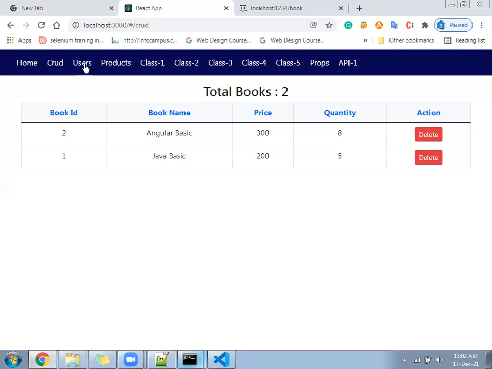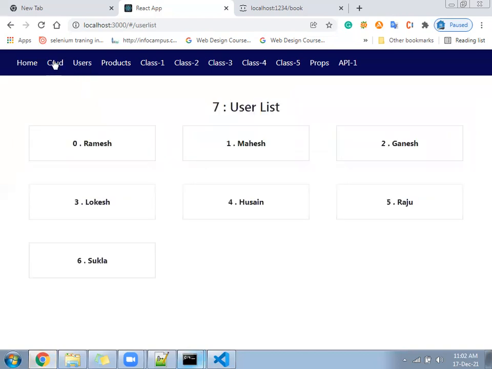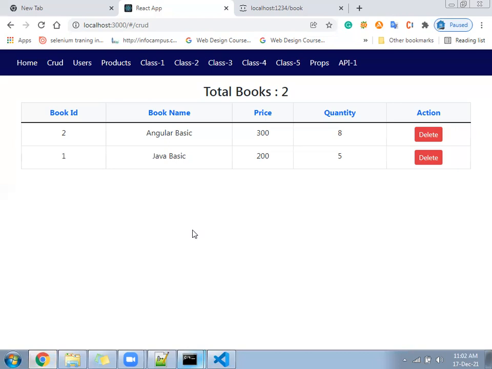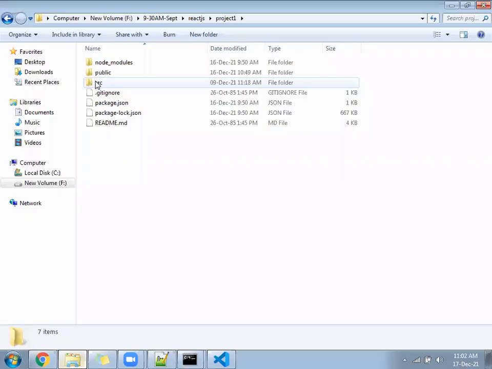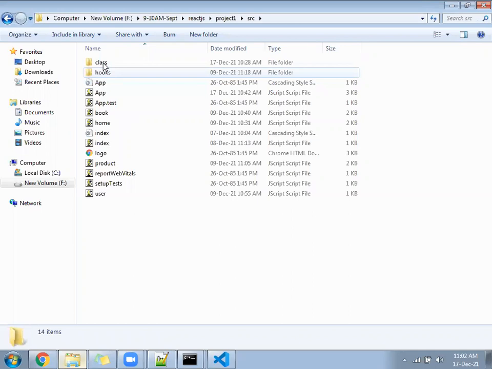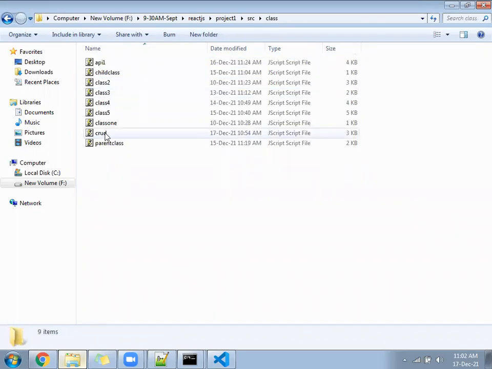So come to the new component, create a new component. I will share the CRUD file first, and after that we can come to the next. Under the class component, CRUD, sent here.